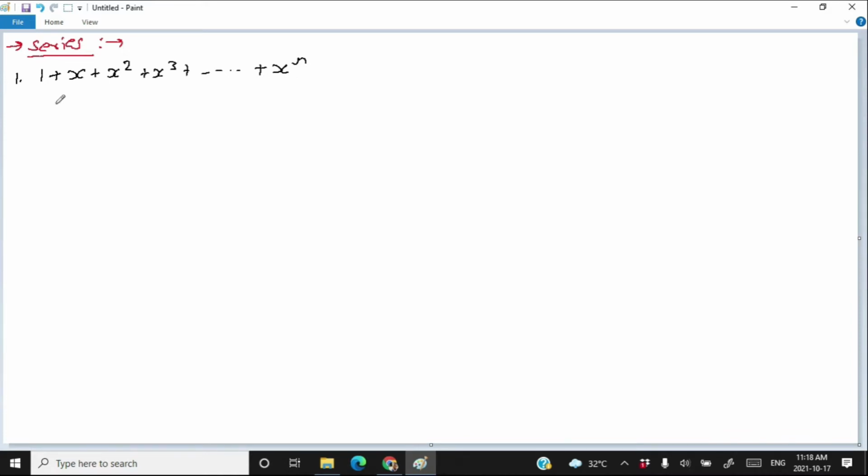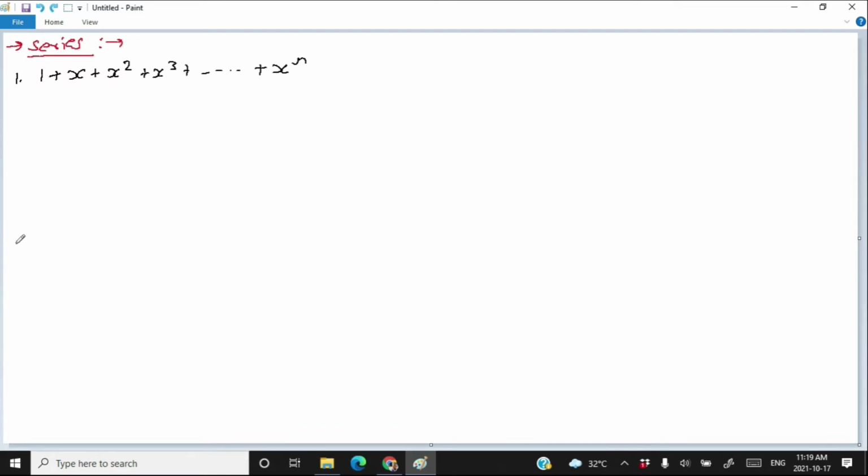Now the question is how to approach this problem. How to start solving this problem. Before we solve any problem, just find what numbers you want as input. So I think here you want two numbers as input. One is the value of n, meaning the number of terms, and the second one is the value of x.